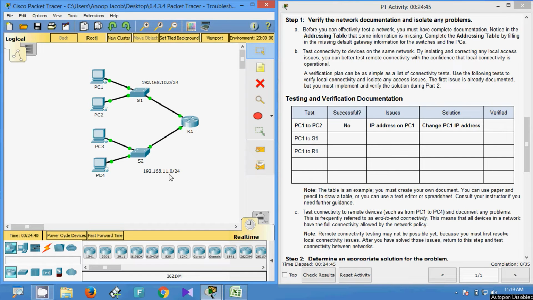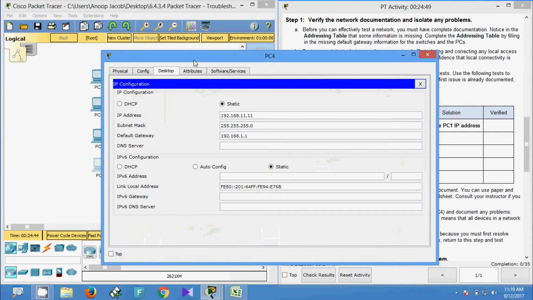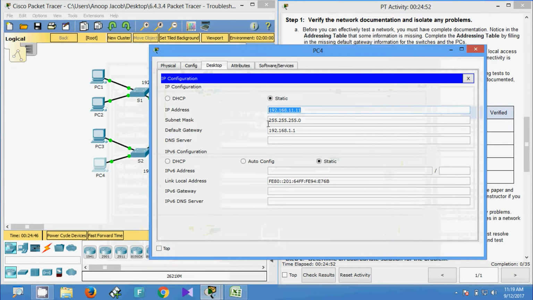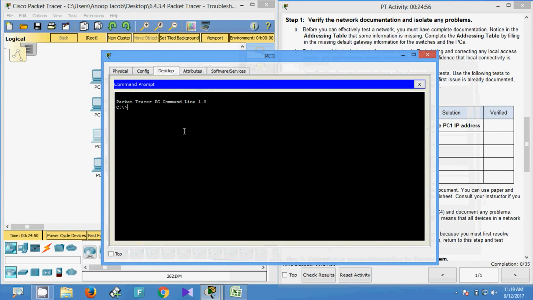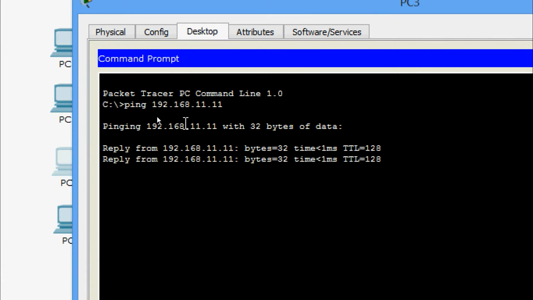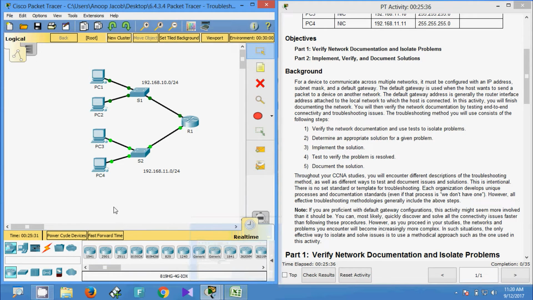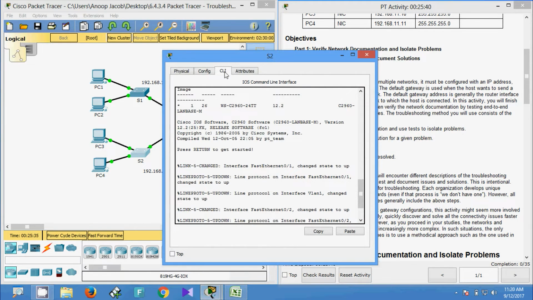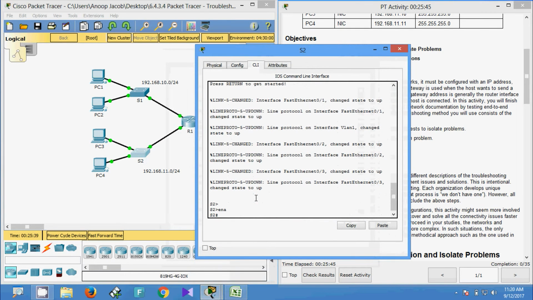Now we will ping from PC3 to PC4. We will get the IP address of PC4. Right, we will come to PC3, command prompt, ping to PC4. Yes, we are getting the reply. Now we will ping from PC3 to S2. So we will get the IP address of S2. Enable